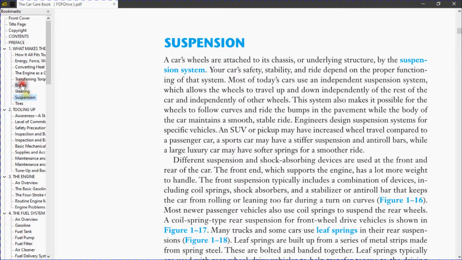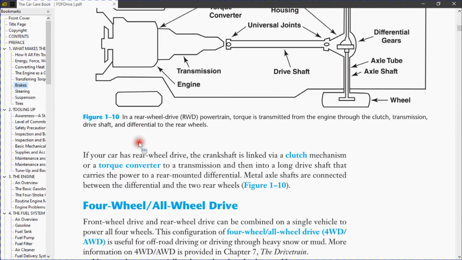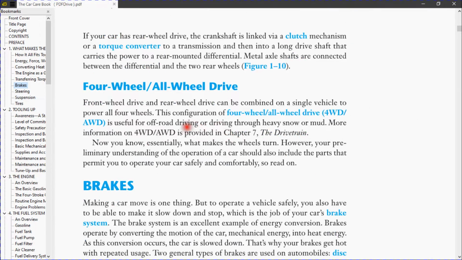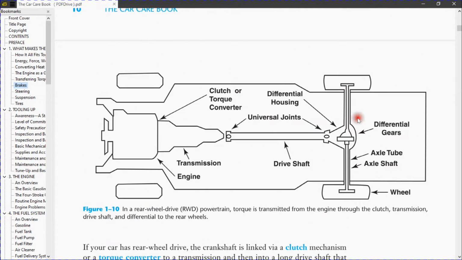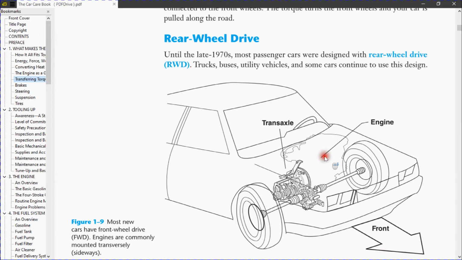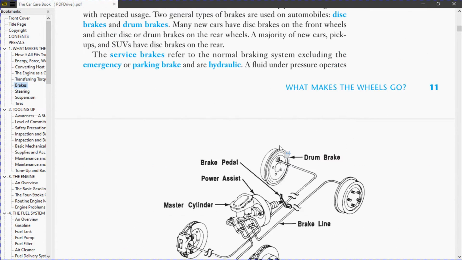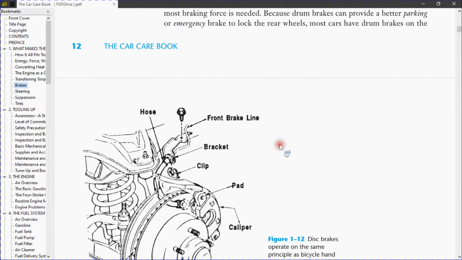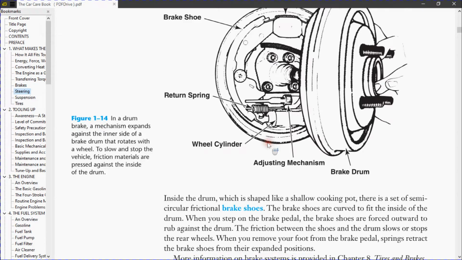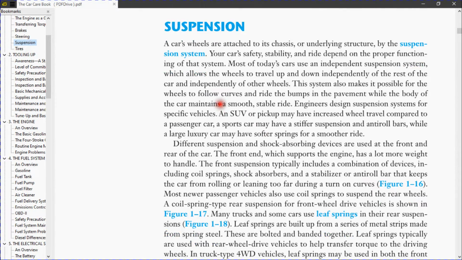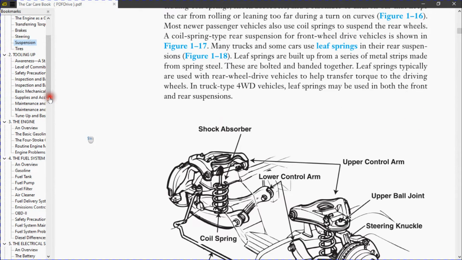And welcome. In the last video, part 2, we talked about the four wheel brake system. We talked about the rear brake, front brake, disc brake, and drum brake. So yes, we already discussed that. Now here we will talk about the suspension, and after suspension we have tires.